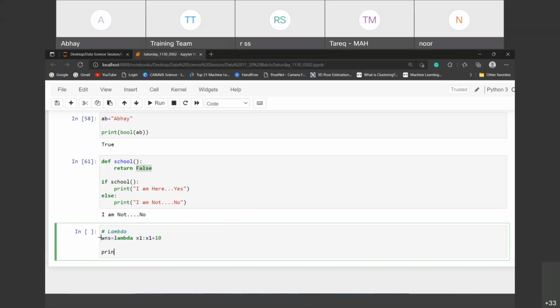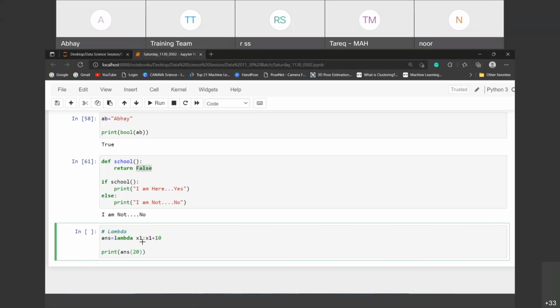With the function call, we pass the value. x1 is ready to take the value, and you can pass it through ans, into the brackets. You just pass 20.